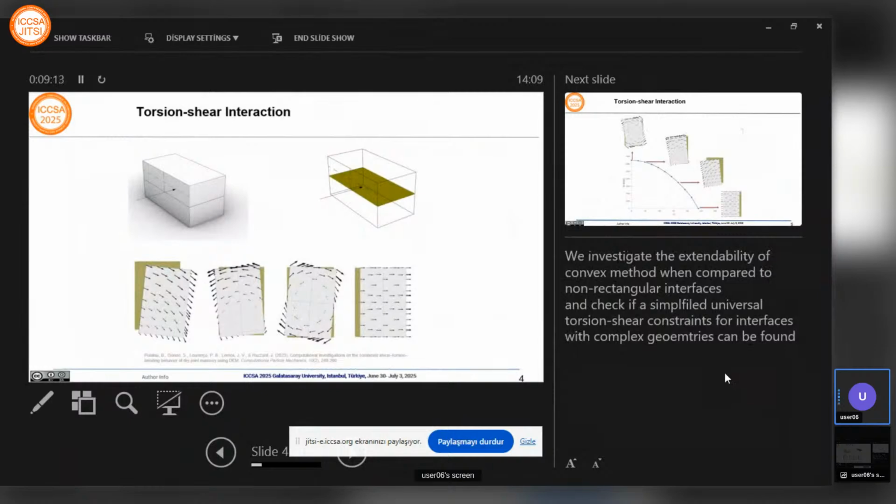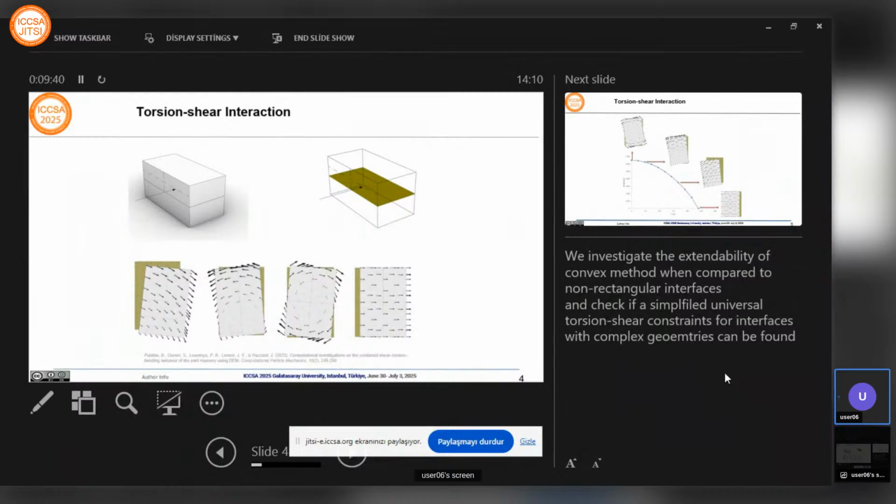It appears that when we want to adopt the concave approach, then we face several limitations, and of course the convex approach is a much more robust and accurate way to do that. That's why I try to explore it, but however, on the contrary, the convex approach has some limitations in terms of the